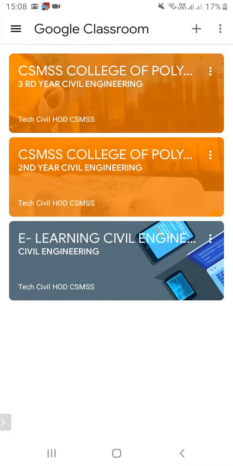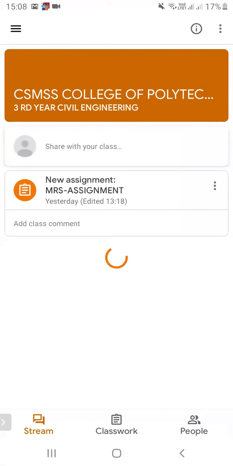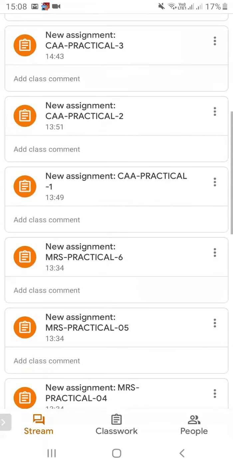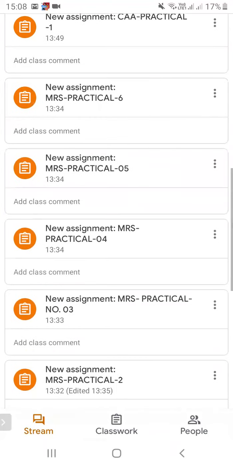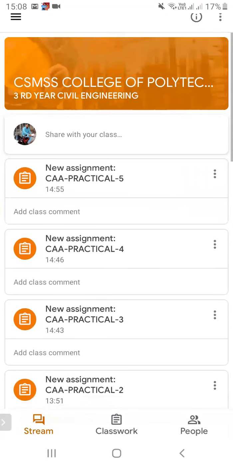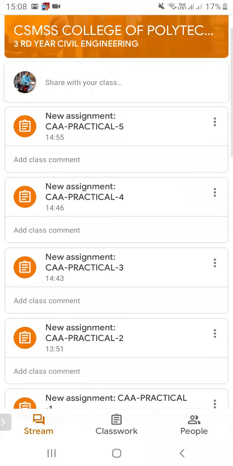Once I joined, I'm supposed to go for the activities that are informed to me. I am supposed to complete those activities and submit them online over here. So these are the n number of activities that have been uploaded from my department, the civil engineering department of CSMSS